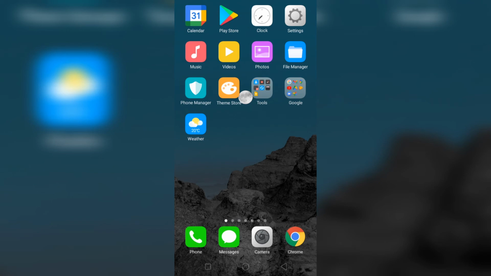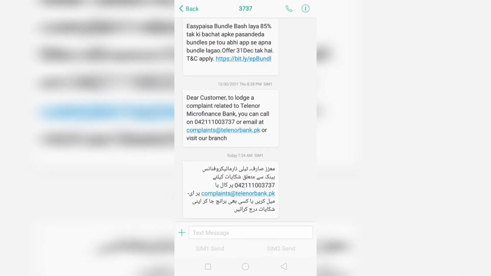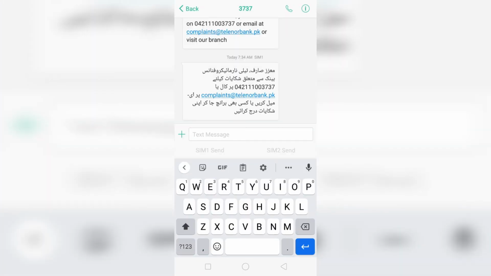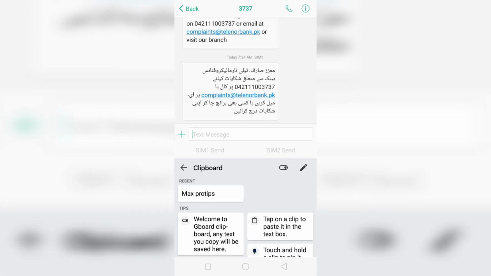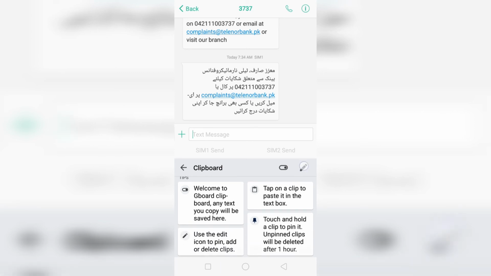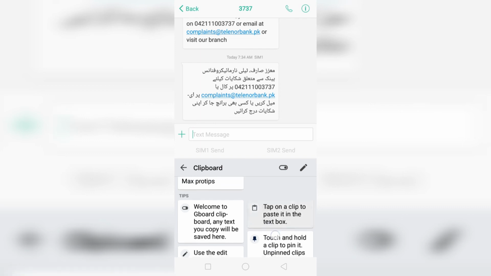I open my messaging app, and here I type, for example, any word, and here you see the clipboard option will be shown. Simply tap on clipboard, then tap on turn on clipboard, and here you see different last texts that you copied